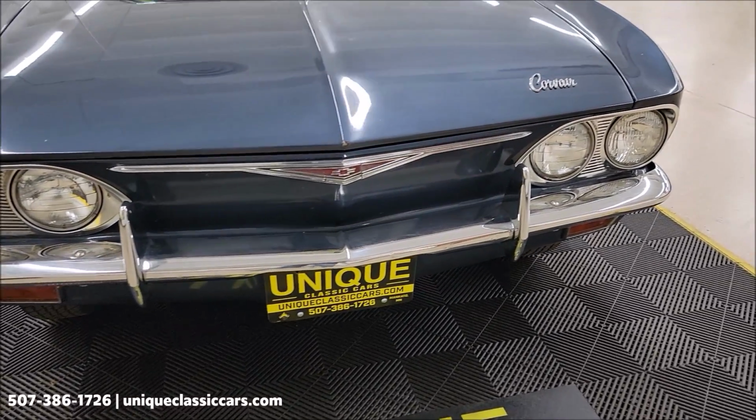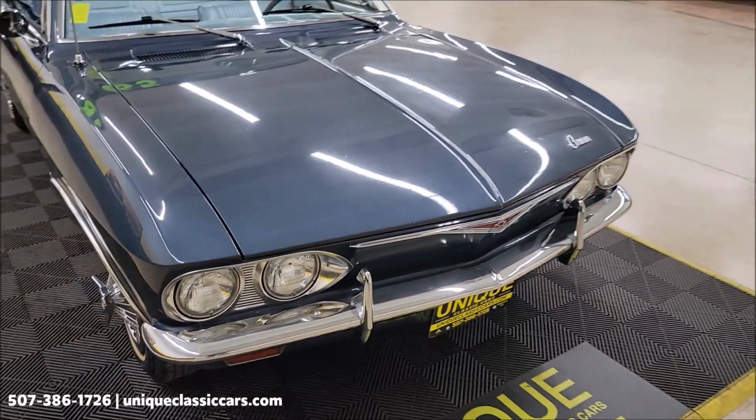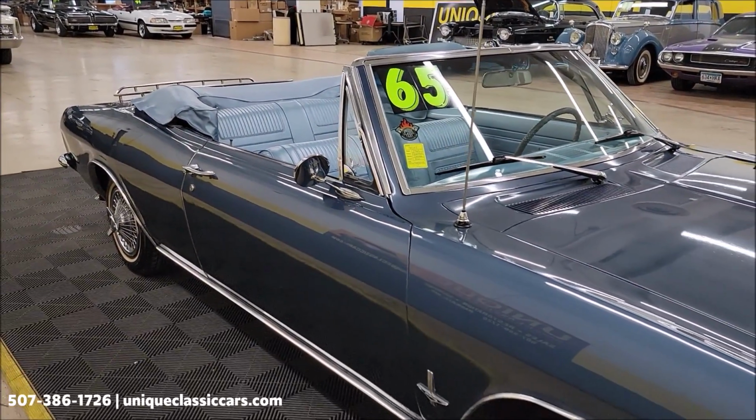As you can see, the chrome and bright work up front, headlight surrounds. Take your time looking through the still pictures. You'll be able to see the interior, underside, engine bay, luggage compartment. Top up, top down,